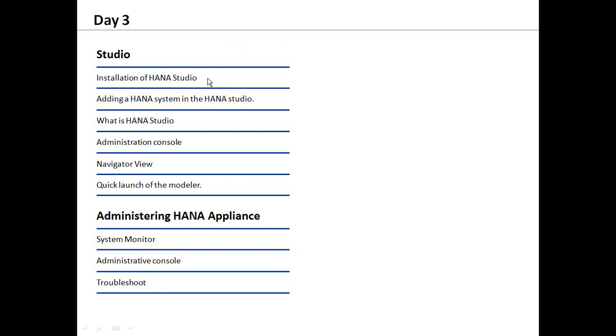Kind of like our SAP GUI to log into an SAP system, Studio is a front end to log into the HANA database. For us, we use the Studio for administration. HANA functional consultants will also use it for creating star schemas and building the models. And once the models are developed, they will connect the Business Object reporting tools and consume the models